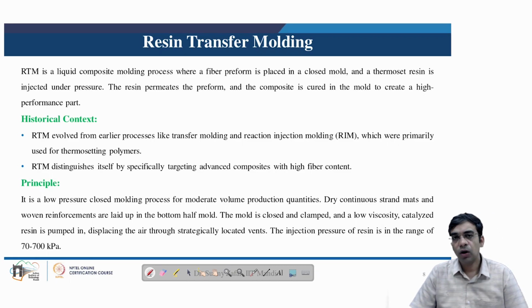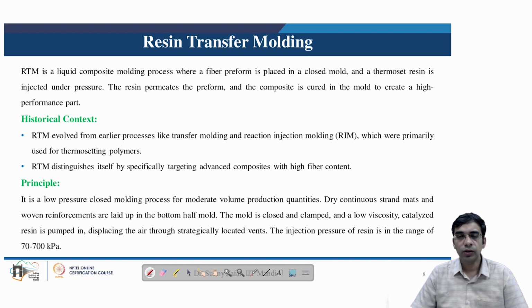Among all these five processes, it is the resin transfer molding process which is specifically used for manufacturing the wind turbine blades. So in the next few slides, we will be focusing our attention on the resin transfer molding process, specifically to look at the technical details and the setup details of this process. Other processes are not being covered as the focus of this module is manufacturing of the wind turbine blades.